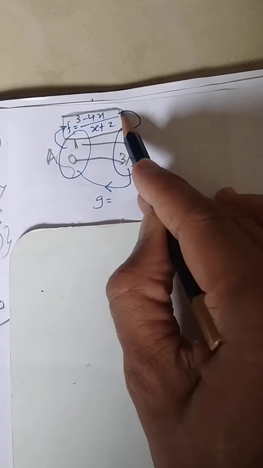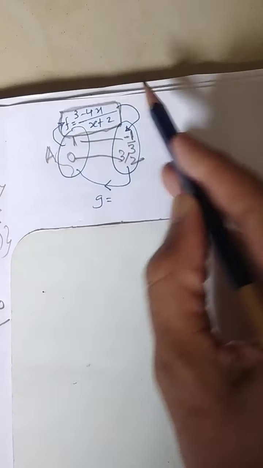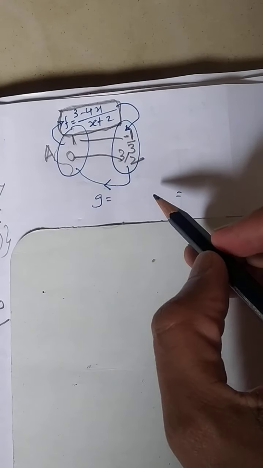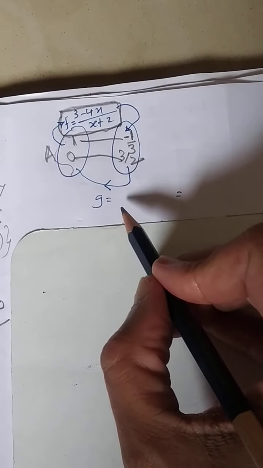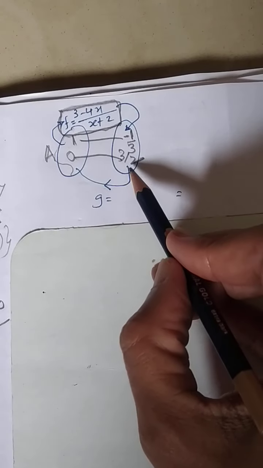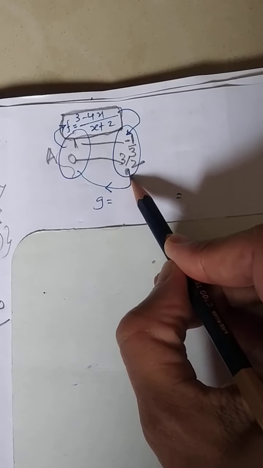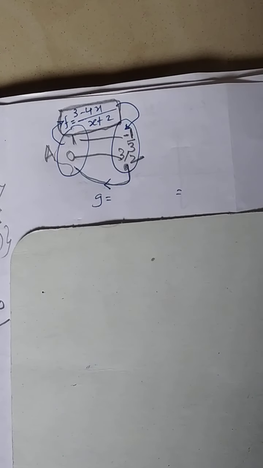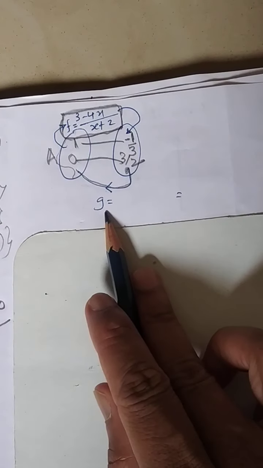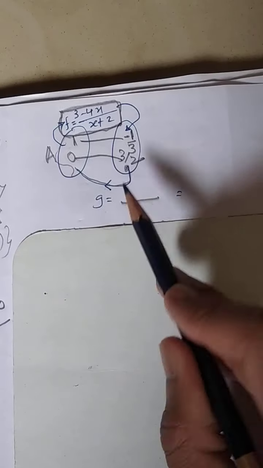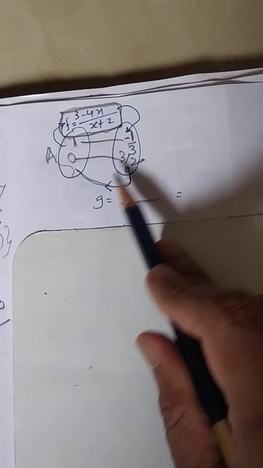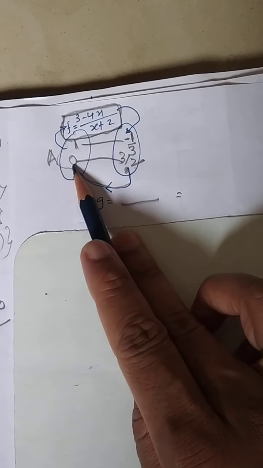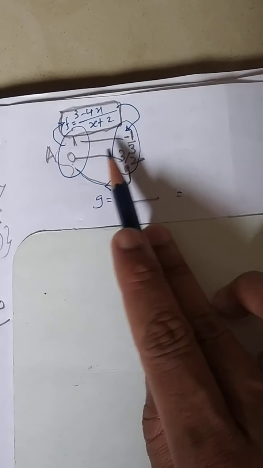Now I am sharing with this example how to find the range of the function. A better way: there is one more function which starts from this place and comes back to this one. What does it mean? Can you tell me some function g such that if we replace 3 by 2, you should get 0, and if you replace minus 1 by 3, you should get 1?